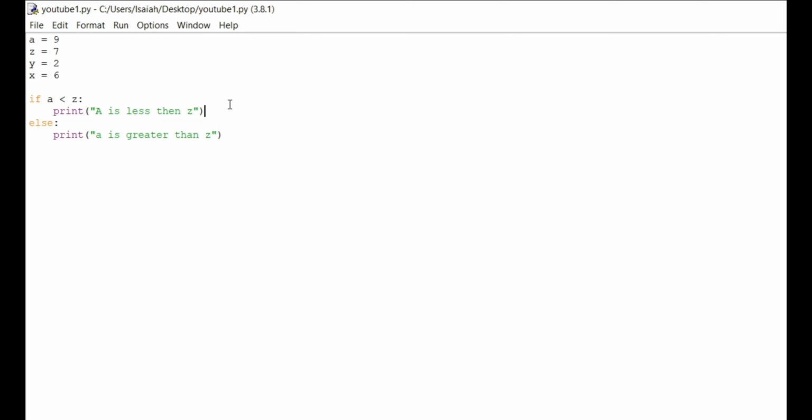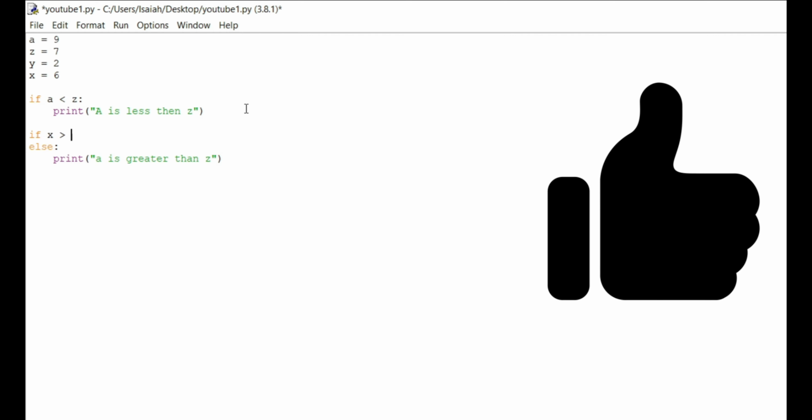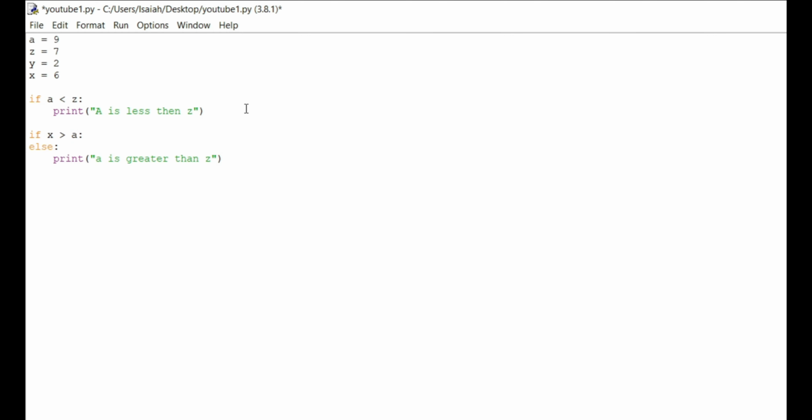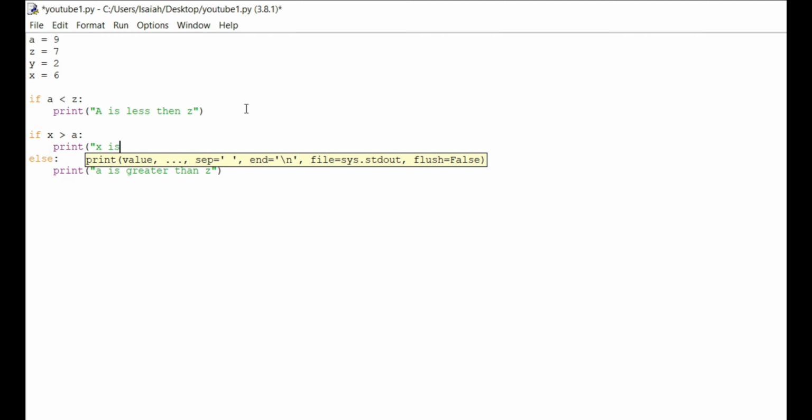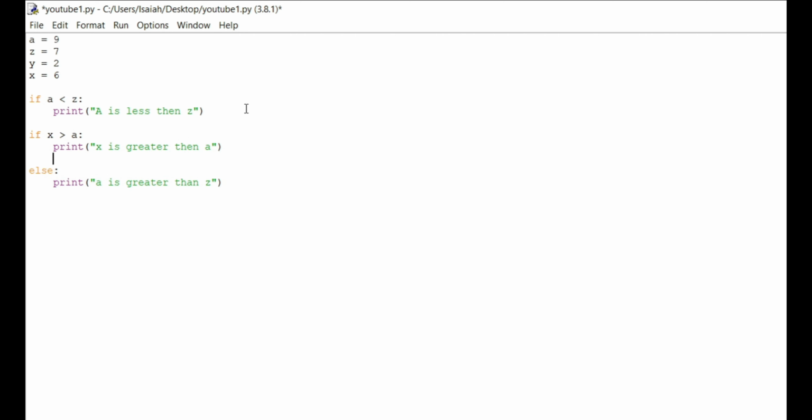So there are several things you can do with the if and else. You can have multiple ifs. So if x is greater than a, print x is greater than a. And then we can do a different one. If a is greater than z,